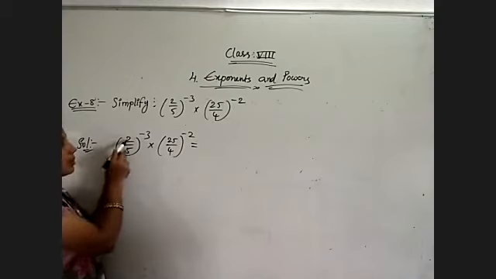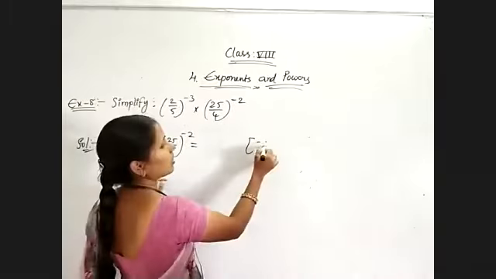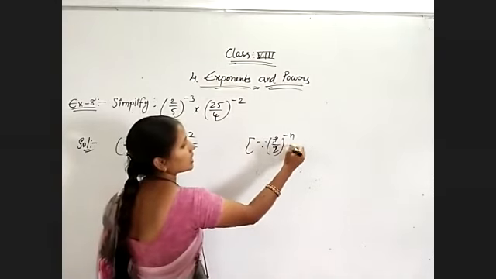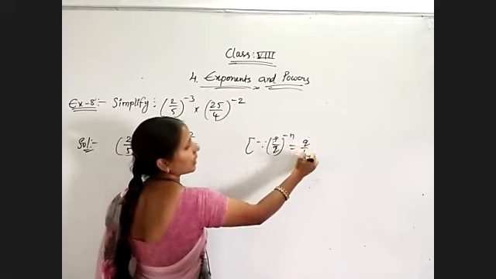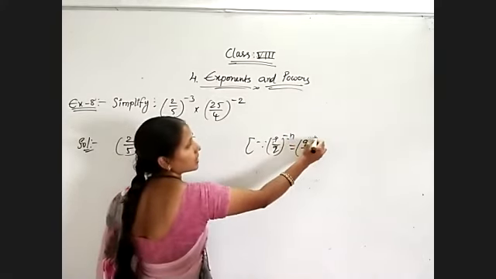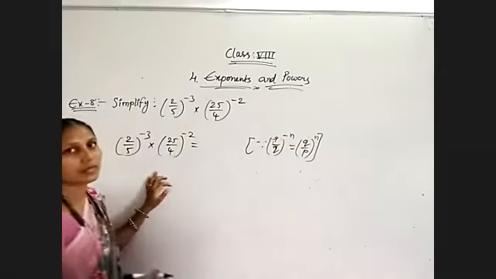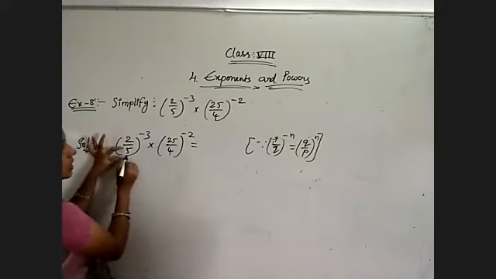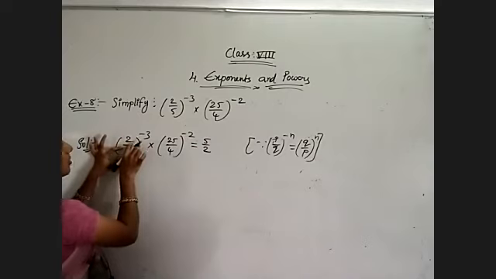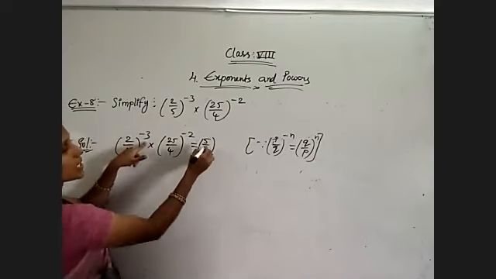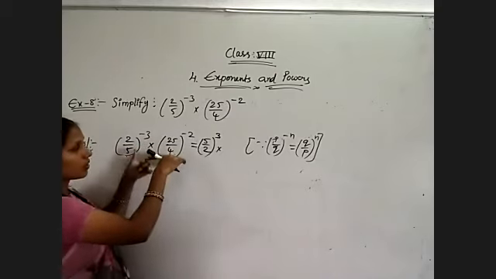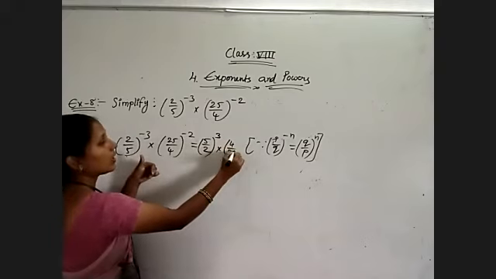So as I told you, p by q whole power minus n will be equal to q by p whole to the power of n. Take the reciprocal, that is q by p, and then the exponent will be changed to plus n. That is nothing but, for the first term, observe that the reciprocal of 2 by 5 is 5 by 2, and exponent minus 3 will be changed to plus 3. Into, apply the same thing, p by q only now. So q by p, that is 4 by 25 whole square.